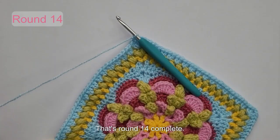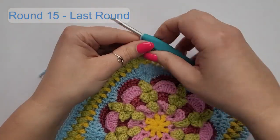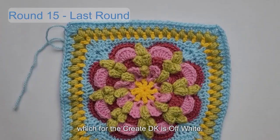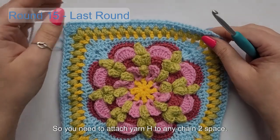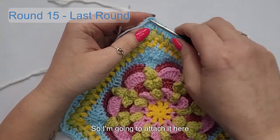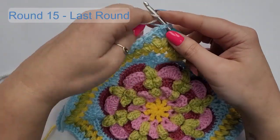That's round 14 complete. We're now moving on to the last round, and you will be attaching yarn H, which for the Create DK is off-white. So you need to attach yarn H to any chain 2 space. So I'm going to attach it here, and we're going to start with a chain 1,